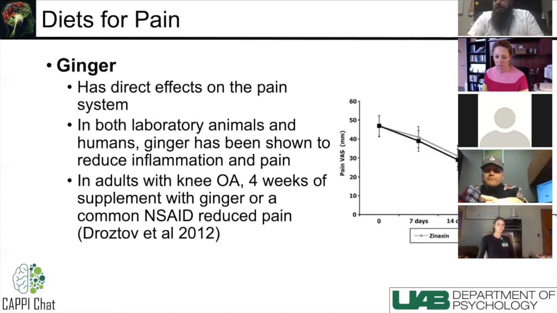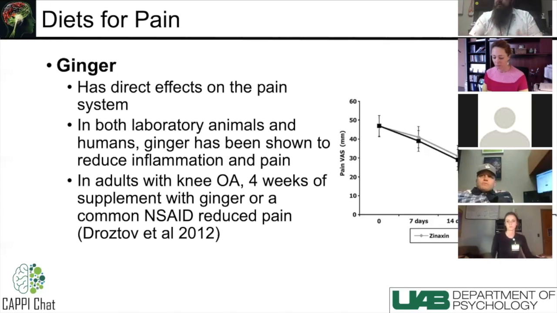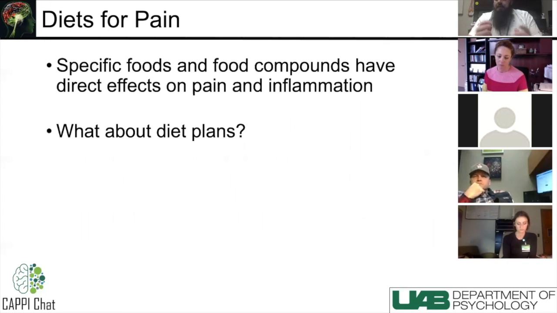And so what you'll see is that both are similar. So this sort of common anti-inflammatory drug is just as good as a ginger supplement. So again, this shows that anti-inflammatory and pain-reducing quality of these supplements. So there are foods and food compounds that do have direct effects on pain and inflammation, but what about whole